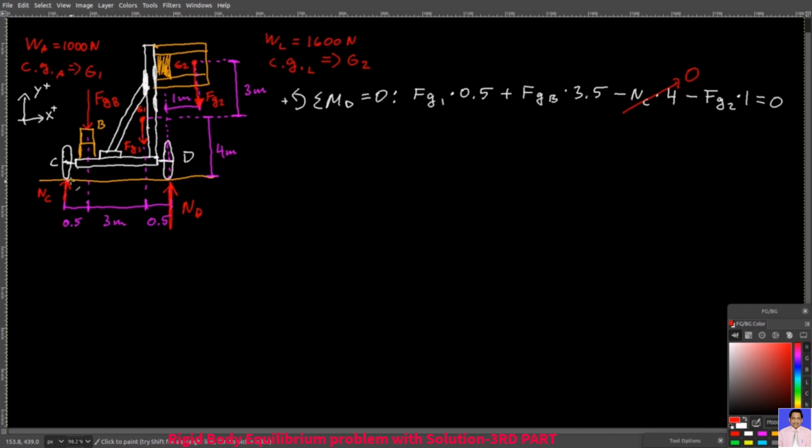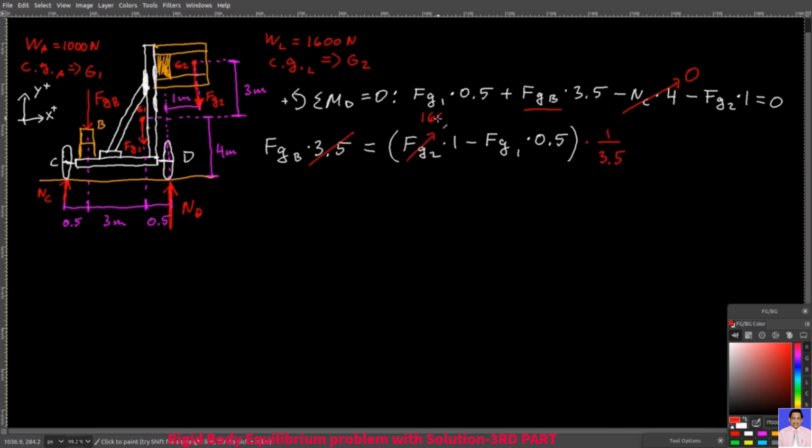The wheel C is about to leave the ground. That means that you have one equation and one unknown. So I can rewrite this entire equation like this. In other words, this 3.5, I can put here in the denominator. I know my Fg2,